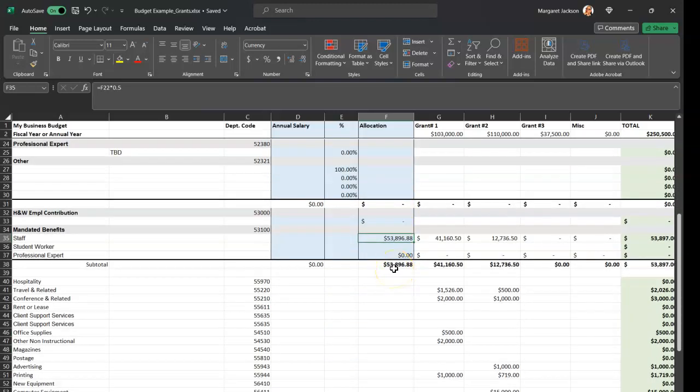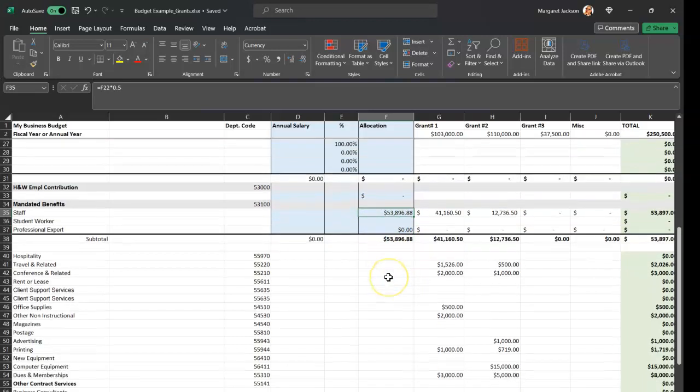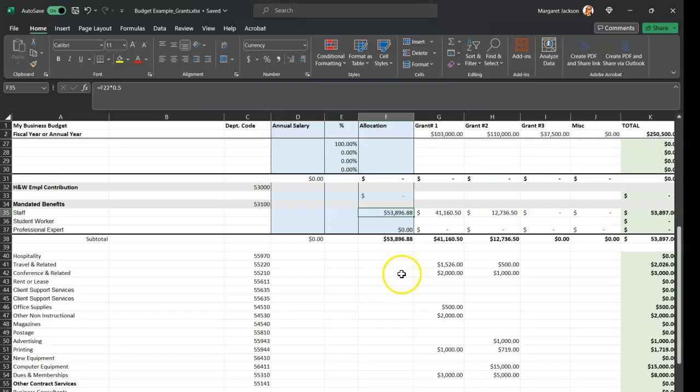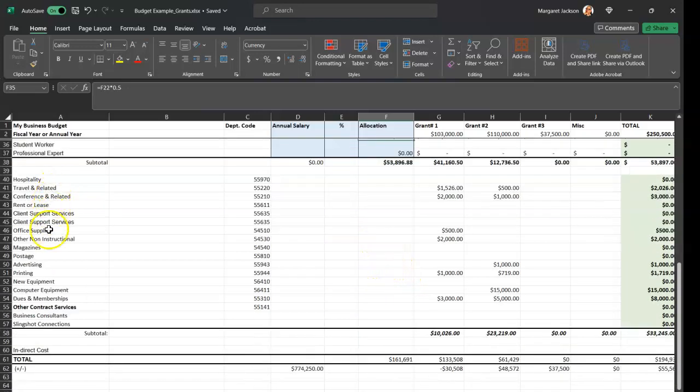Most small businesses are paying about 30% in benefits. In this case, they're paying 50% in benefits. So they're making their full amount plus getting 50% of benefits. Here, what you're seeing is all of these other things that you could be spending in your business. Maybe you have events, or you have customers or clients that you entertain, and so that could come out of hospitality spending. Maybe you're traveling,